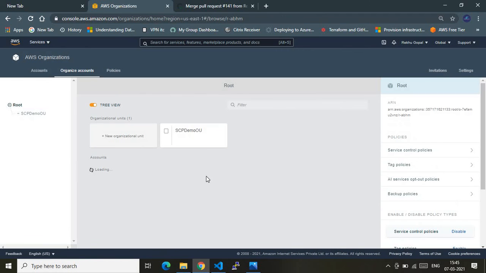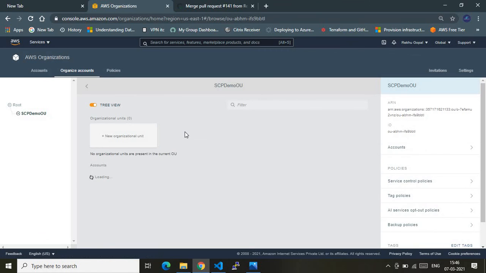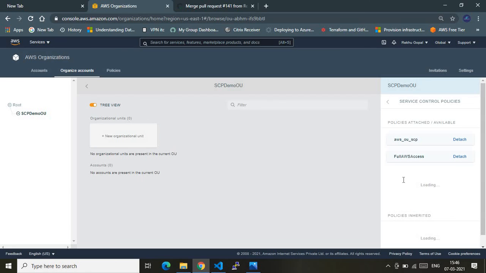Now, finally, let me show you that the SCP policy has been attached to this OU, the SCP demo OU. Currently I'm in the SCP demo organizational unit, and let me take you to the policies. Here you go, the AWS_OU_SCP policy has been attached.